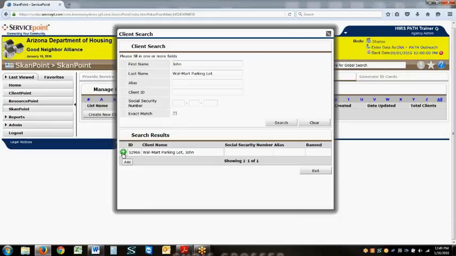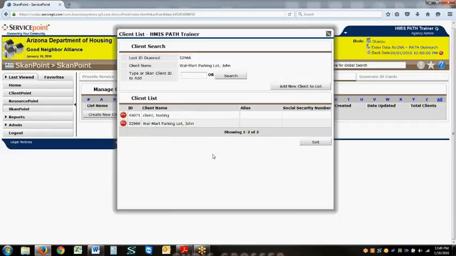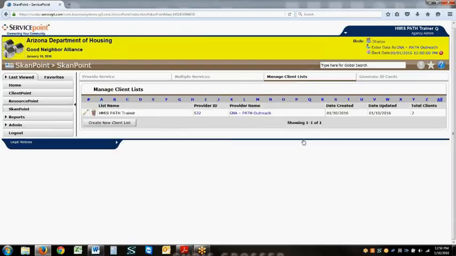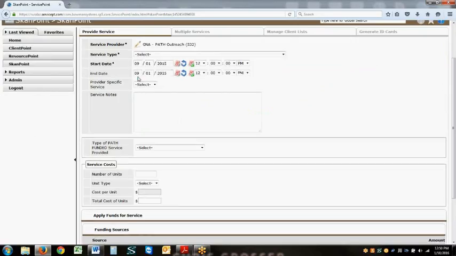to your list. So once you've completed searching for and adding your clients to the list, from here you can click Exit. Then it will take you back to your client list page to see who's listed. Then you can click Exit again, and it will return you to your Manage Client List tab. So from here, you will go back to Provide Service, and at the top, you will ensure that your correct